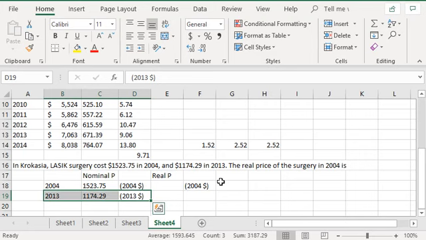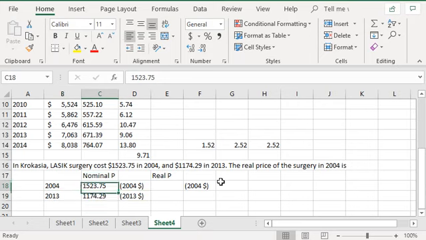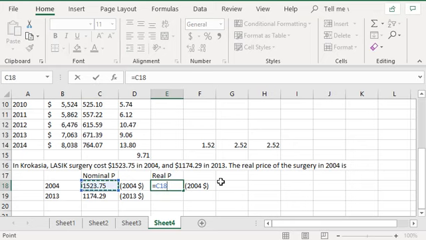If you were to go on the internet in 2013 and you wanted to find out what LASIK eye surgery cost in 2013, you check the internet, that would have been the sticker price in 2013. That's the sticker price in 2004. We can't compare these two because we have inflation. So what we want to do is convert this to 2004 dollars and convert that to 2004 dollars. So the way you do this is you take this, which is in 2004 dollars, you divide it by the